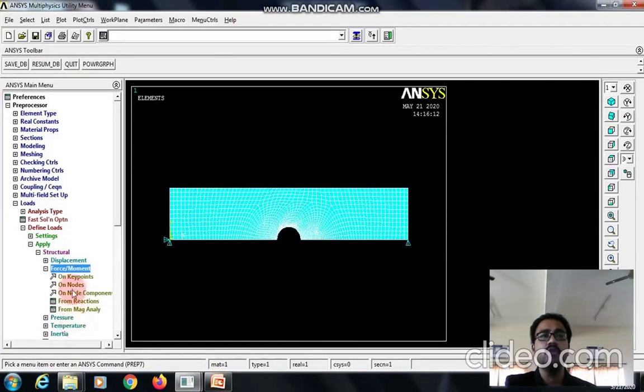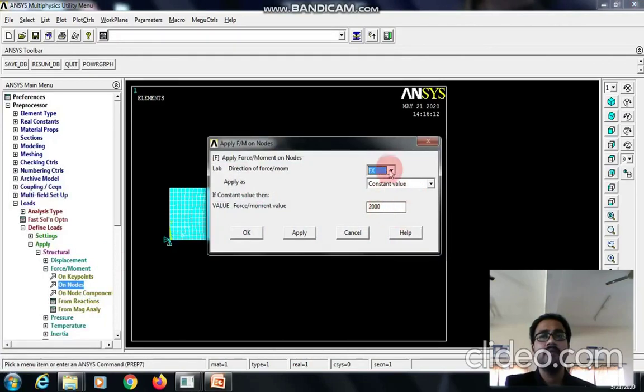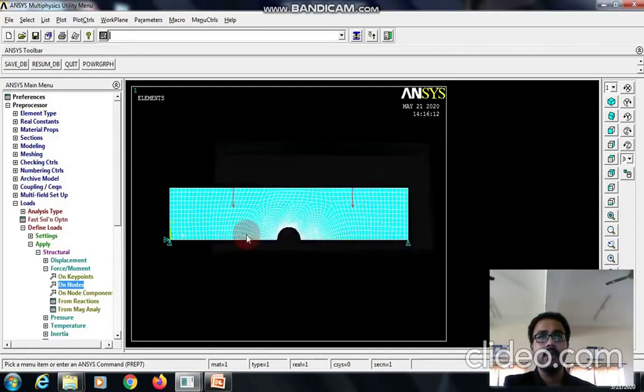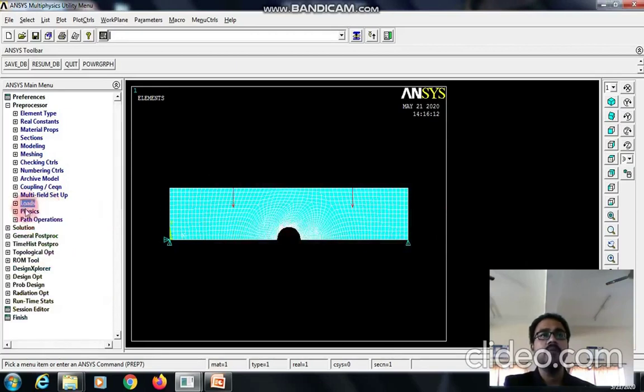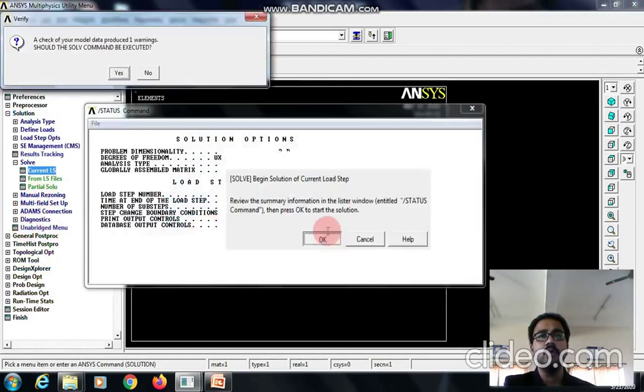For that go with force/moment on nodes, apply. It is the FY direction and it is acting downwards, so it is minus 100. Give OK.